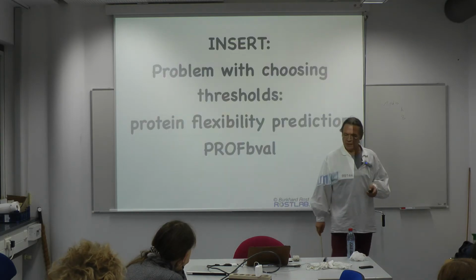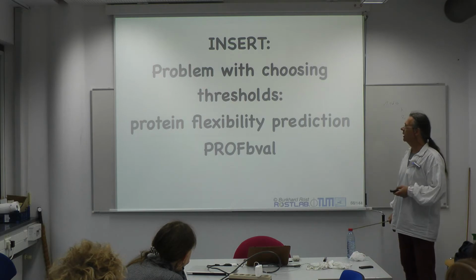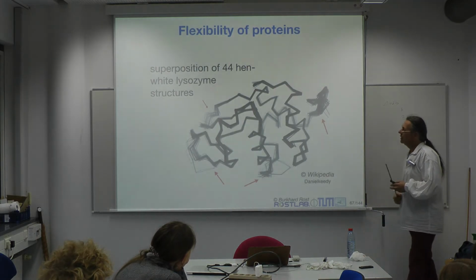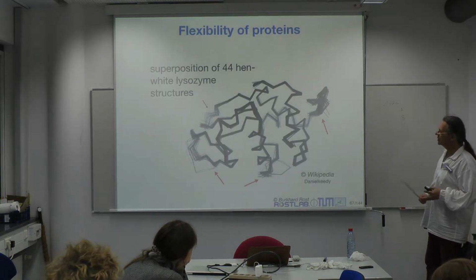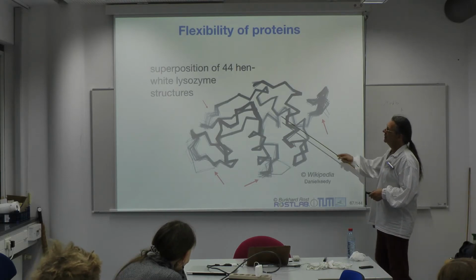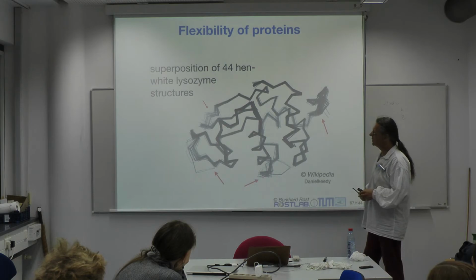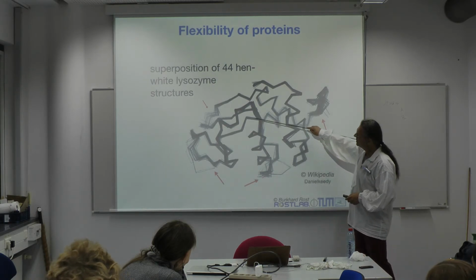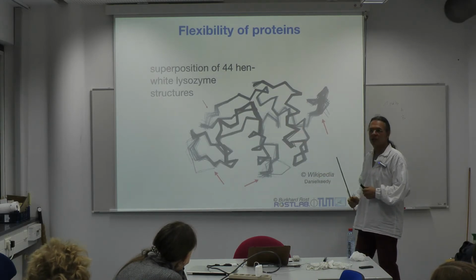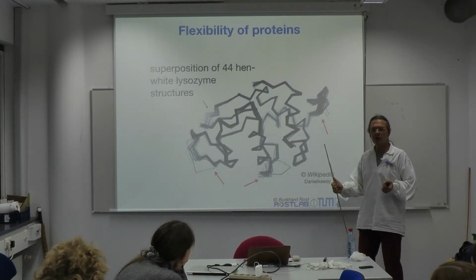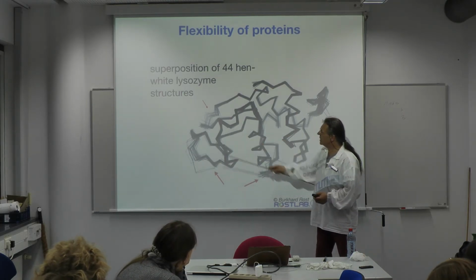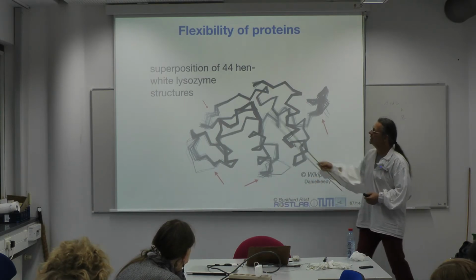Now, there is another issue, and unfortunately I'm detouring again, going into a method that predicts flexibility. You have seen NMR structures, and this could also be different crystal structures of the same protein overlaid. So this is hen egg-white lysozyme structures, and typically where you see everything on the same place, where it's very dark and well focused, is very rigid, meaning that all the models find exactly that solution. While where it is fuzzing out, where these arrows are,